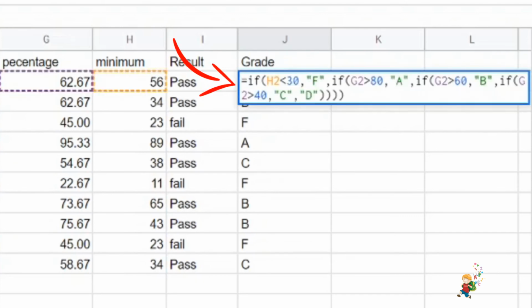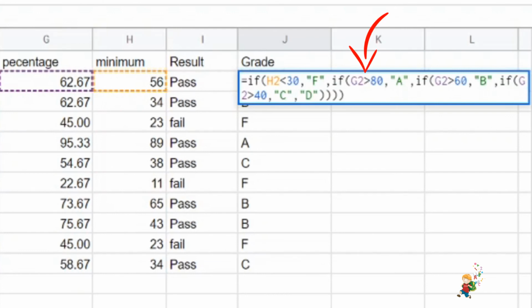Let me discuss the formula once again. I have written equal sign if, then we have checked if the student is failed or not. I have checked the minimum mark, if H2 is less than 30, if yes, then I have given F grade, then comma. If not, then I have checked for the percentage.